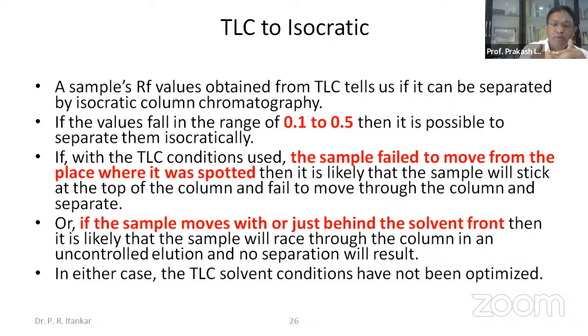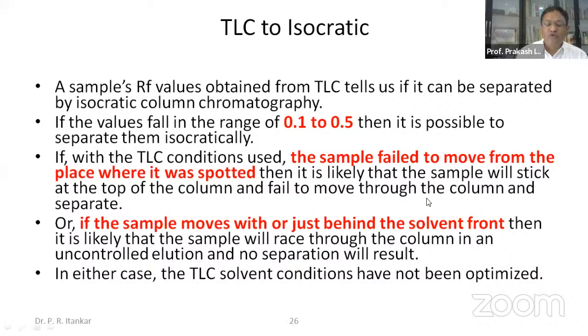So you have the basic information that the mix of such a solvent system was used, and that has given us the desired Rf value of those compounds between 0.1 to 0.5. So this basic information is taken, and then this is transmitted into a computer feed program in the automatic flash chromatography. And one good thing is that if the sample moves with or just behind the solvent front,